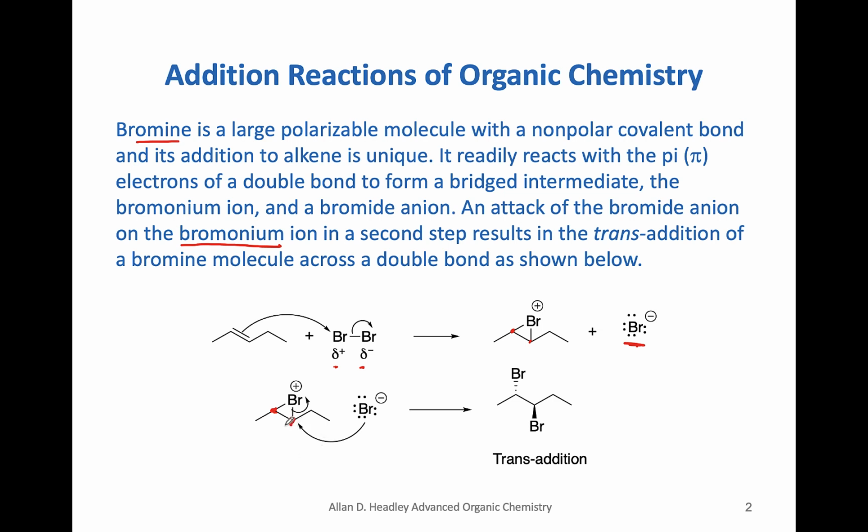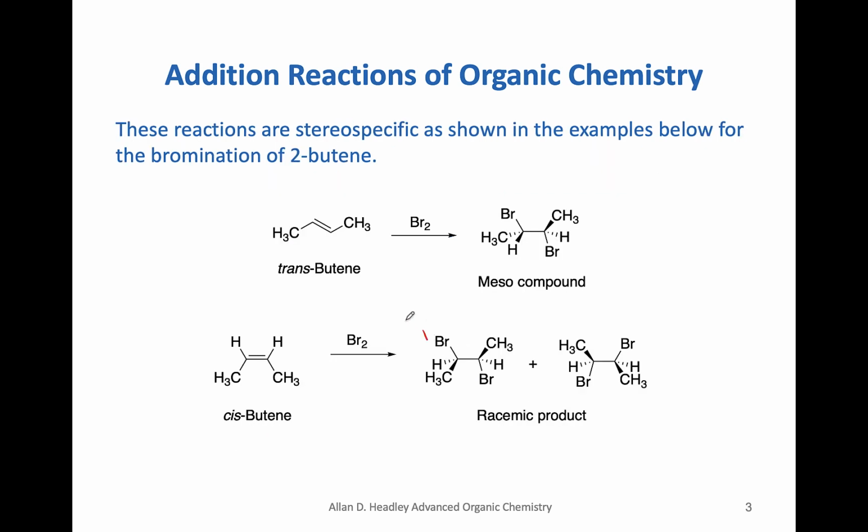For this type of molecule, however, it makes no difference because, as you can imagine, it can come in here also and you'll get the same product. But the main aspect here to observe is that the product is a trans addition. The two bromines will add to opposite sides of the carbon-carbon bond. So as you can see here, these types of reactions are described as stereospecific and regiospecific because they add